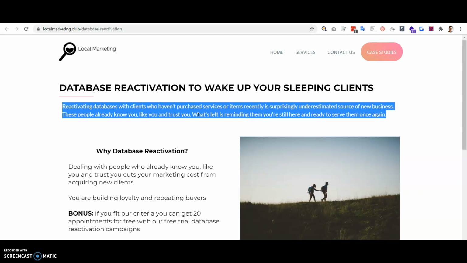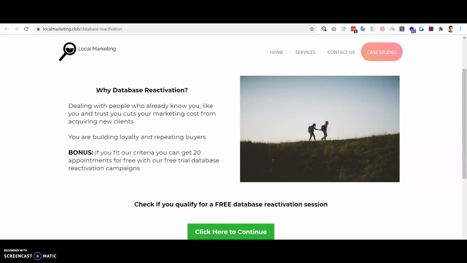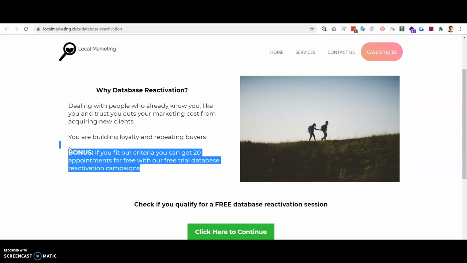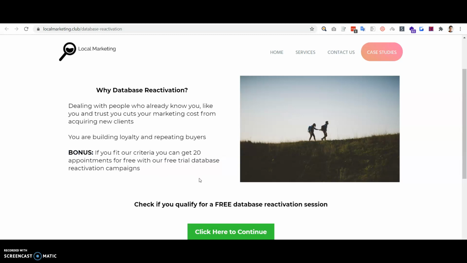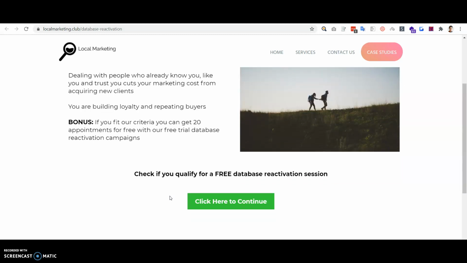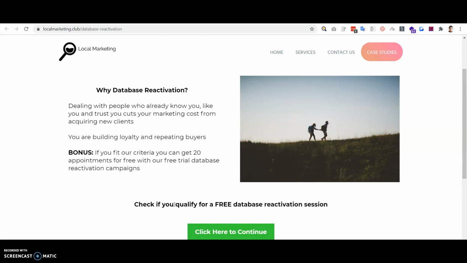So we have a short description answering why this service exists, and actually paying attention to this bonus part here, where local business owners can get 20 appointments for free with a free trial database reactivation campaign. And then the next steps in this funnel are related to evaluating if the company is a good fit. The first part is filling up a really short survey, and the second part is booking an appointment and having